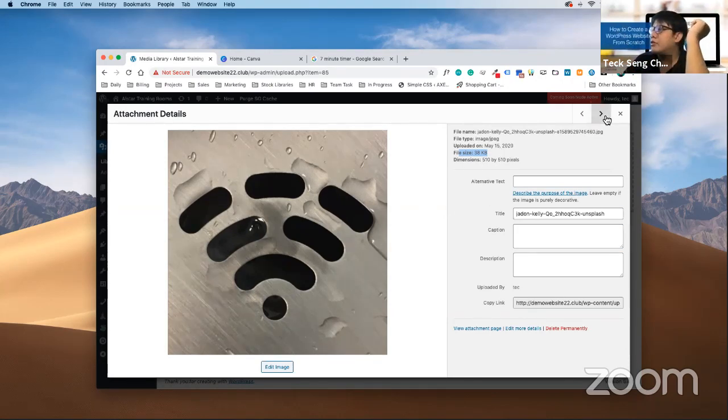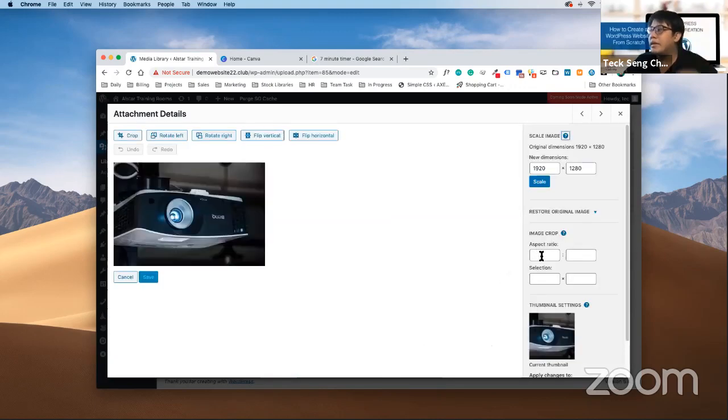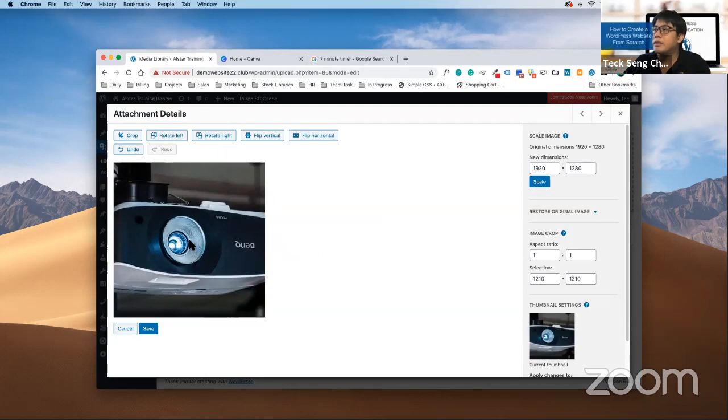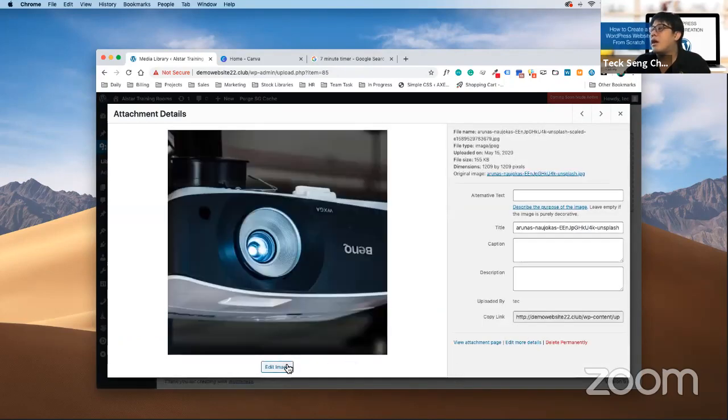Same thing for the last one: edit image, aspect ratio 1:1, select the area that I want, and click on crop. Once you're done, click on save. Edit image again.